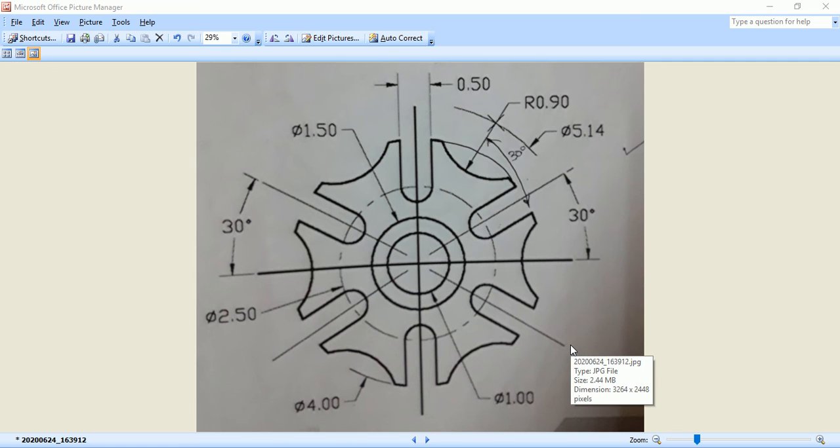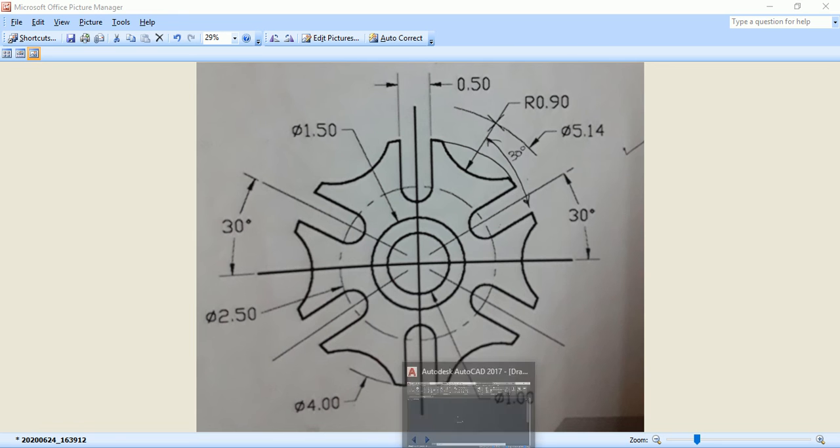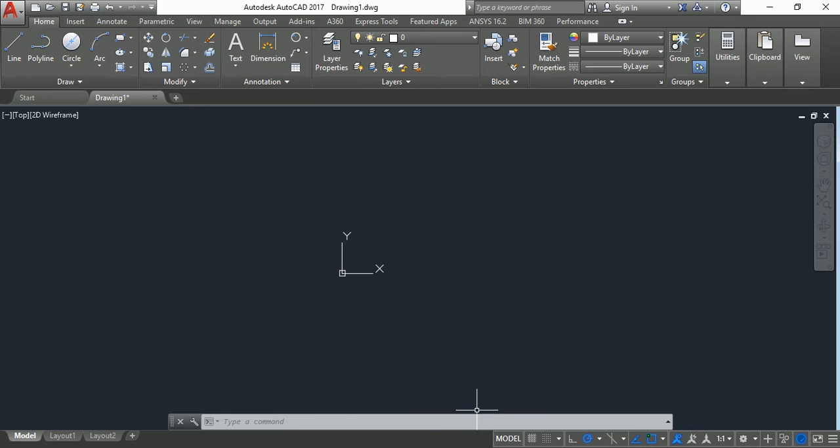So now we will create a drawing for the part given here with the given dimensions and using various tools of AutoCAD. So this is AutoCAD software. The first step will be to create two reference lines which will be later on used to control the sketch in terms of dimensions with much ease. For that we have a command called construction line.